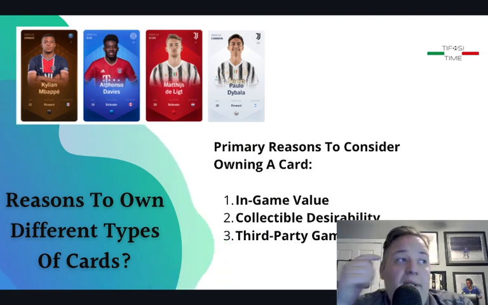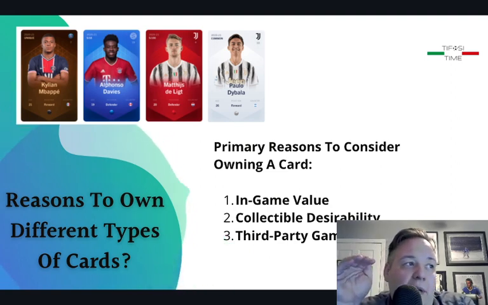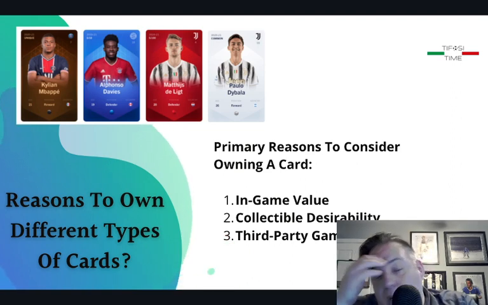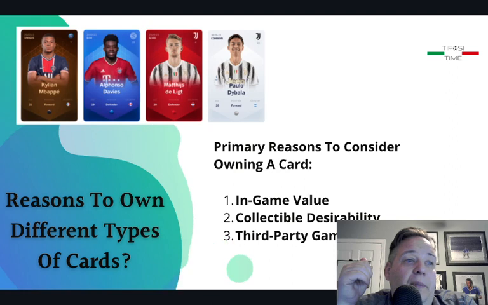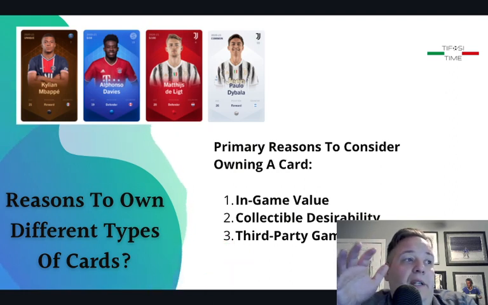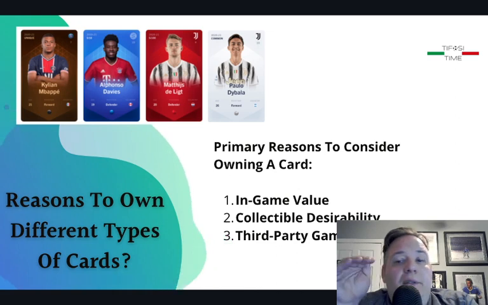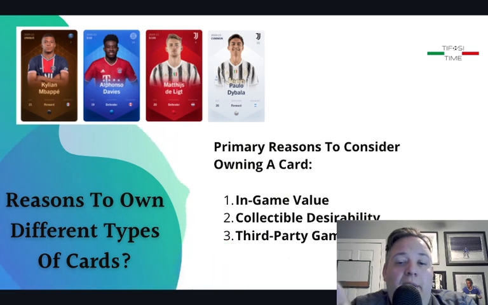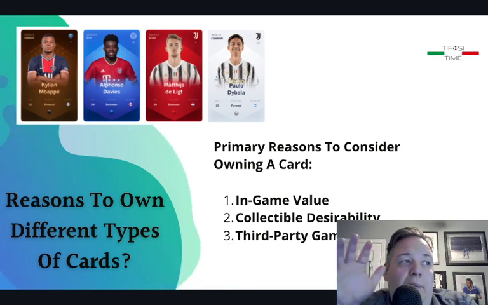And a lot of people have done that with Sorare. It's a fairly new game, and there's been an influx of people going into it, and the card values have shot up. People are flipping cards, right? So there's a little bit of that speculation in the market. And then there's third-party games. So more and more third-party games are going to come out where you'll be able to use these Sorare cards in those games, right? So those are the three things when you think about purchasing a card